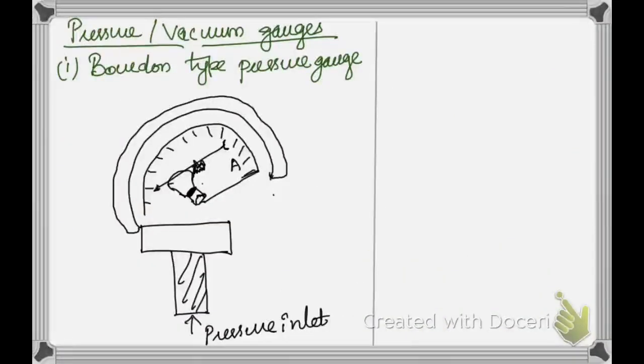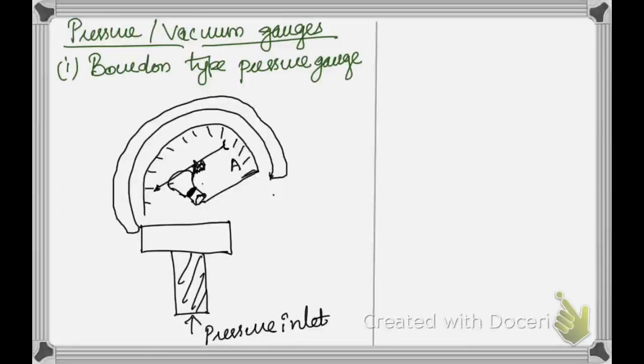The next topic is pressure or vacuum gauges. The first type is the Bourdon type pressure gauge. You can see the diagram here. The cross section of the Bourdon tube is elliptical, and the tube is bent to look like a circular arc. Depending on the specific build, it is used in many industrial applications: gas distribution, aerospace, chemical, marine and medical industries, and machine and plant engineering. In many places they are using these Bourdon gauges.